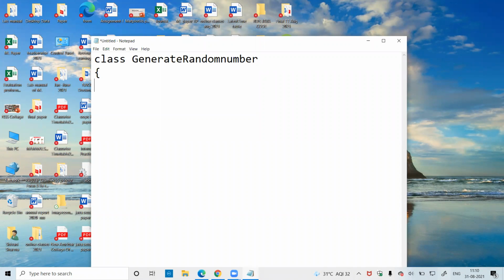Within this, as all of you know, we first write public static void main, String args, any variable, and then afterwards, now